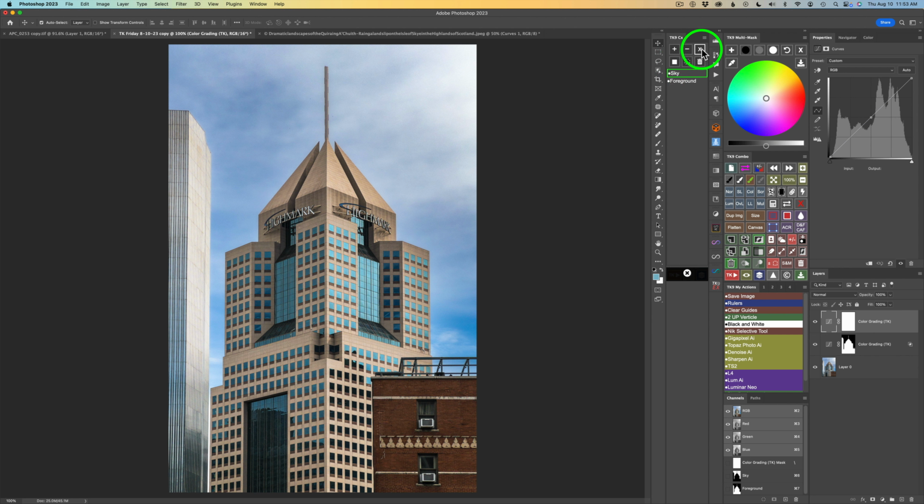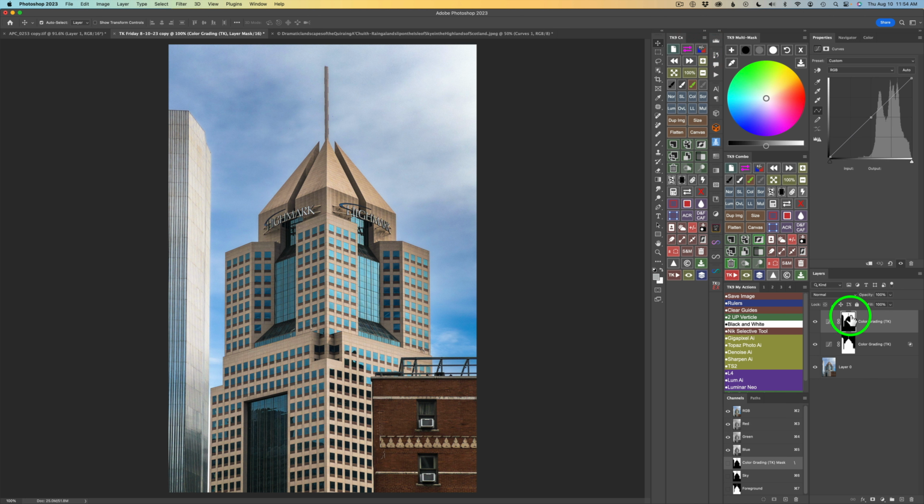This is apply, this is intersection, this is subtract, this is add, this is to output it as a selection, and this is to get rid of a channel, this button right here. If you have a channel highlighted and click this, you'll get rid of the channel. This time, let's intersect it, so I'll click this button right here, and you'll notice there is the sky right